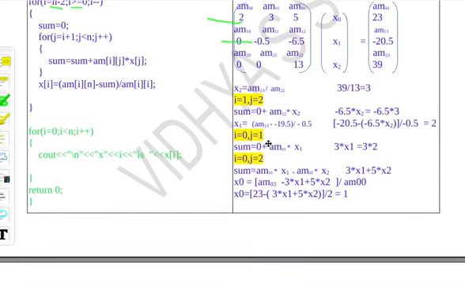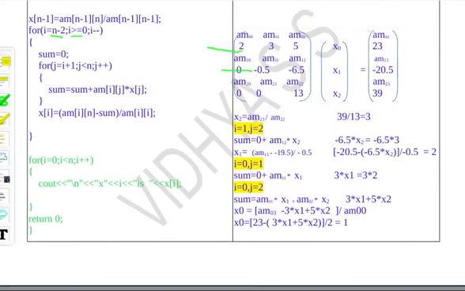So next, again the i value 1 will become 0, that is 1 minus 1 is 0, and j will start from the next to that, that is j equal to i plus 1, that is 0 plus 1, that is 1. So what will happen, 3 into x1 you will get, a[0][1] into x1 you will get for the first iteration. Then again j value gets incremented to 2, that is you need to get this value, that is 5 into x2 will get calculated and it will be added with the previous sum, so the total sum will be equal to this.